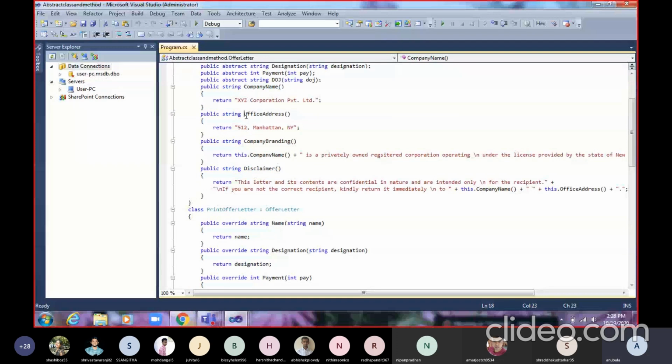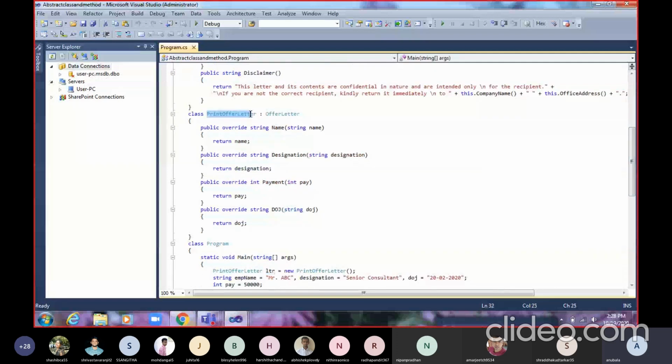Now in the main class, inside the main method, I have created the object of the derived class, the print of letter class. The object name is LTR.